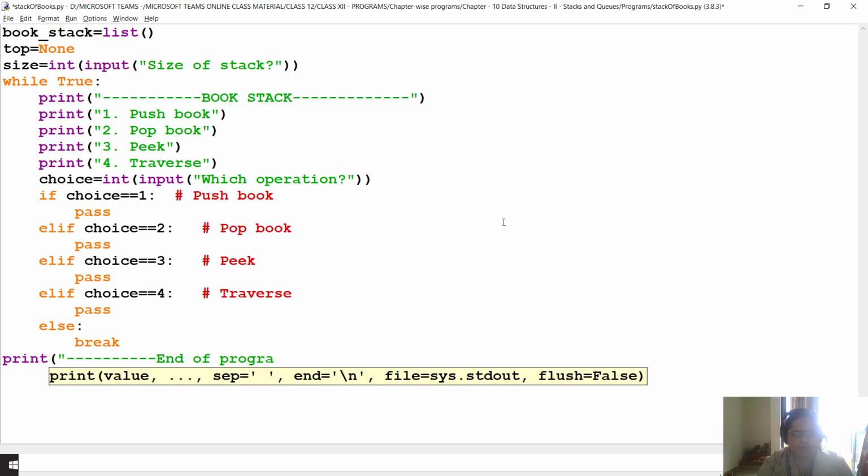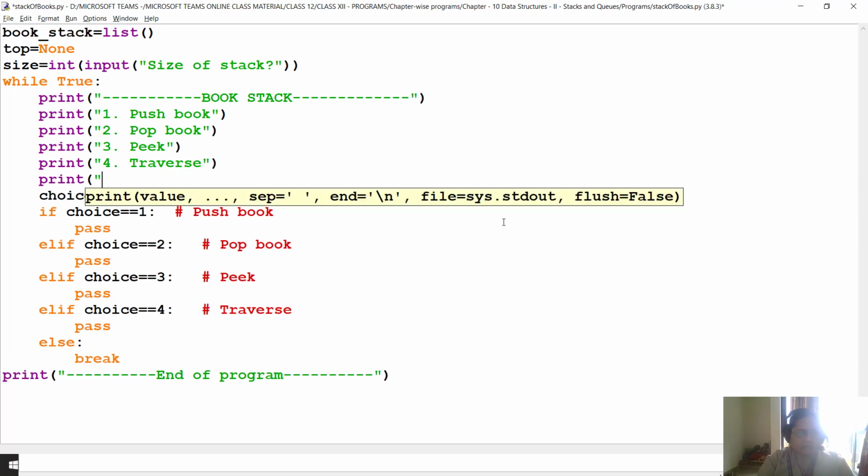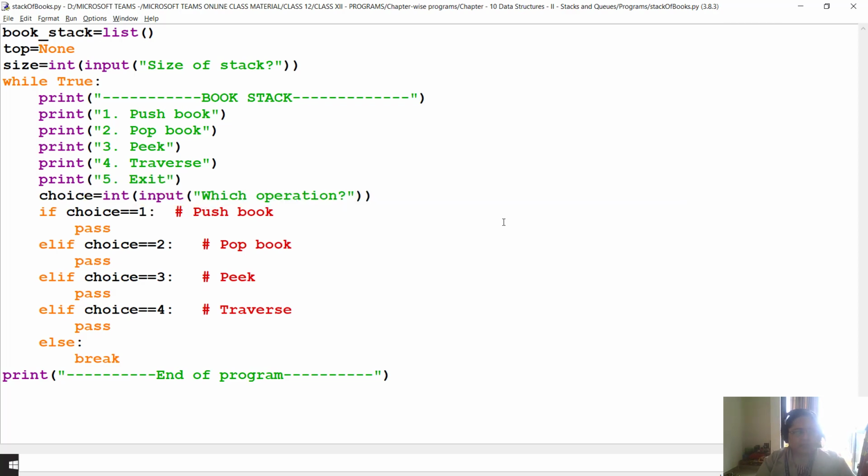So end of program at the end. This is the last message which will signify the end of the program, and I'm going to also add exit. So this is the general structure of the program which I have created. Now we will start seeing each case.